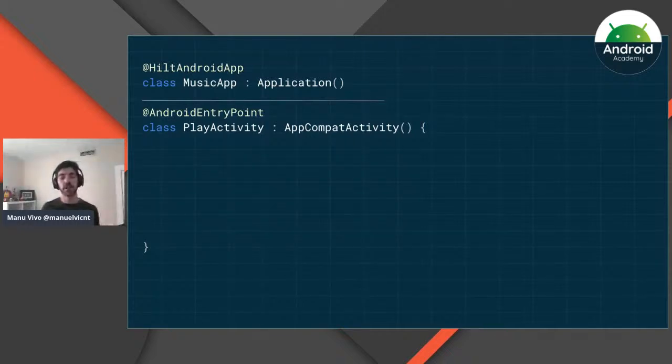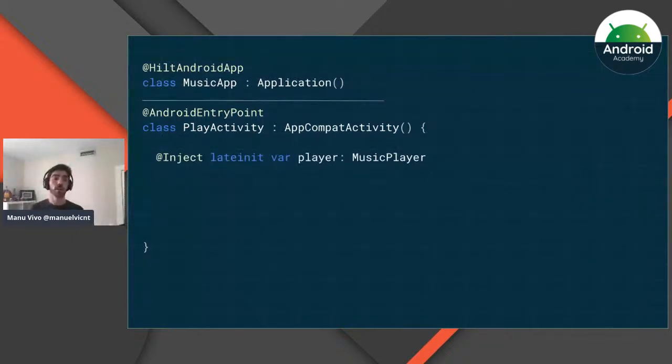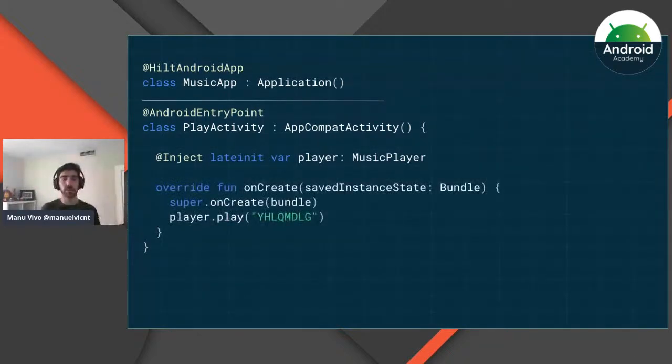And so, for example, if here we wanted to grab an instance of a music player, instead of creating all the classes ourselves, with the @Inject annotations as well, it will be ready to use. So in this case, with Hilt, a couple of annotations, and now you could call player.play directly from the onCreate method.